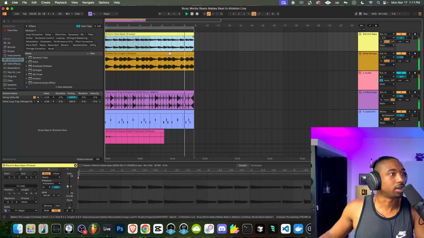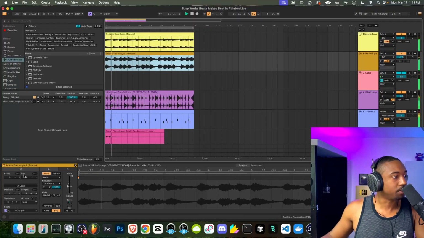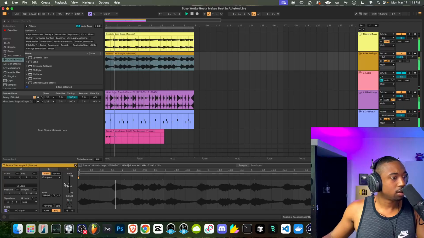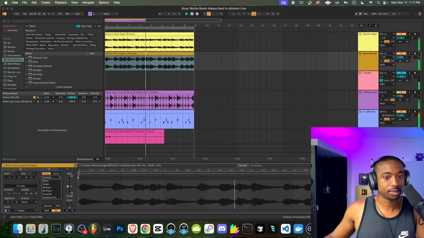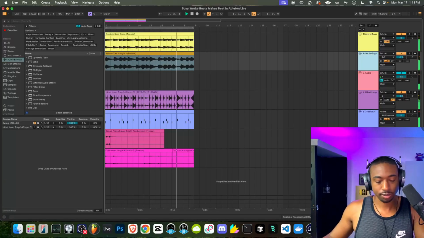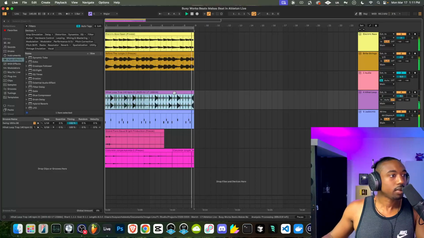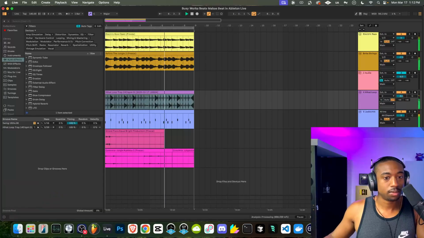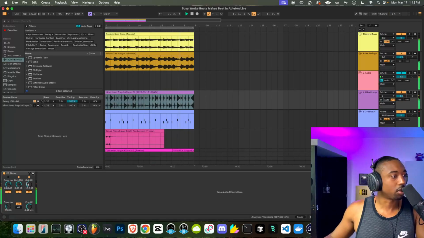Trying to figure out what happened to the strings. It seems like they go away for a while. I think it's because of this mode. Let's turn this on something else. Okay, so on beats mode, it was chopping the transients. So this feels cooler to me. The hi-hats are still a little off, again because I didn't program the hi-hats.